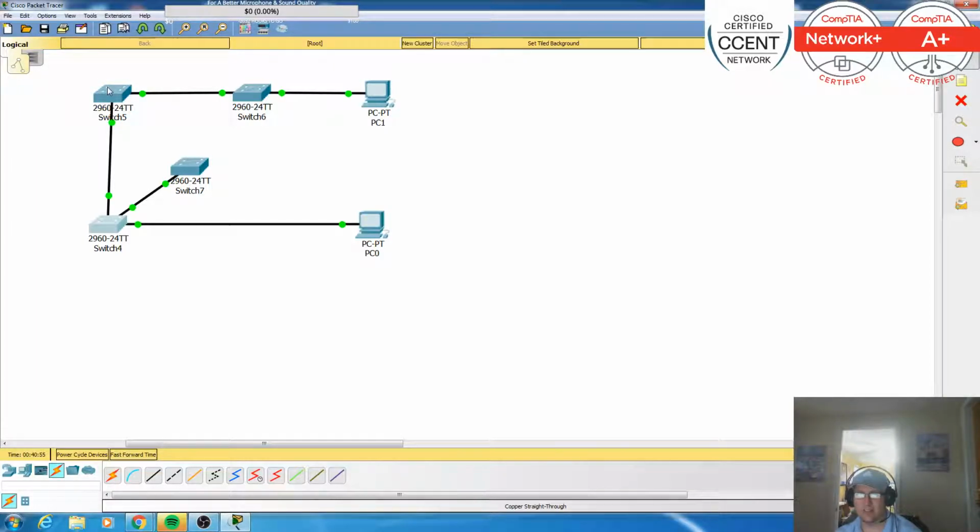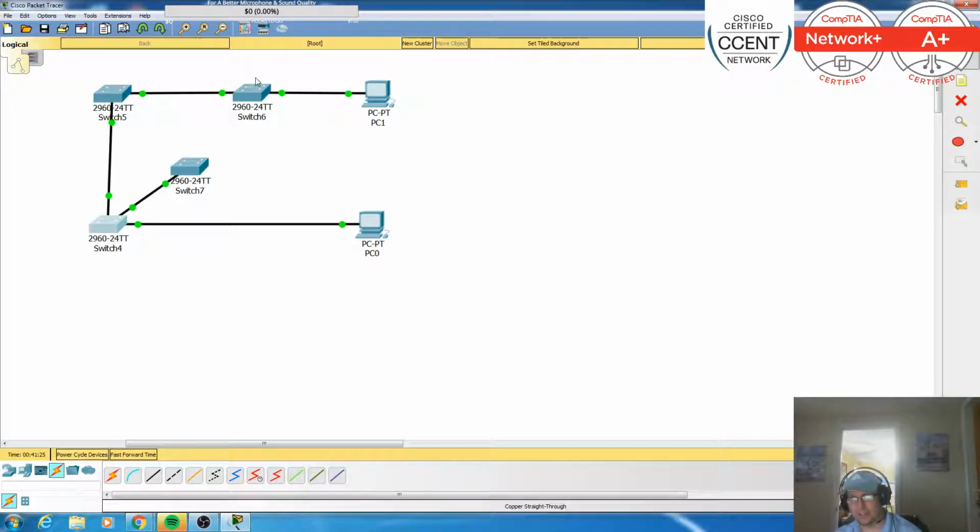It doesn't see it in its MAC address table. It'll look in the MAC address table first, and then if it does not have it in the table, it will broadcast. Remember, it will send a broadcast out of all ports except the port that it received it on, which is switch 4's port down here. It will not go back out this port. Instead, it will go through this port. Now, if it had more, it would go through multiple ports as it did down here at switch 4, but it did not. So it goes to switch 6,